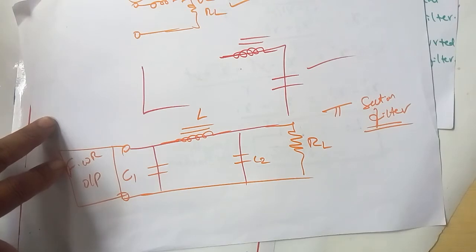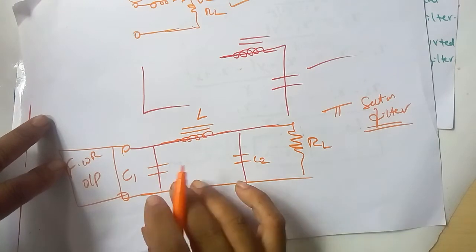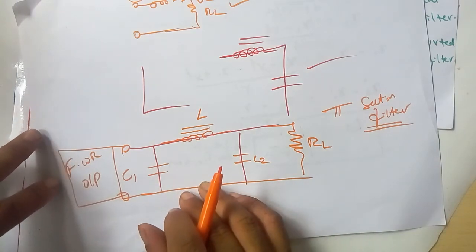See here, when any new project comes, the previous project's disadvantages are filled. 4G mobile is there. After 4G came 5G mobile. 5G mobile is there now. If 5G is insufficient to give the data, then go to 6G mobile. So the disadvantages of the previous generation are addressed in the next one, right? That's why the pi section filter was built.